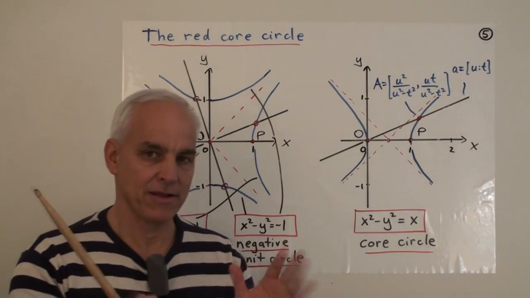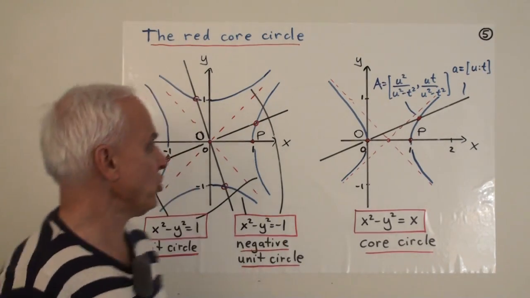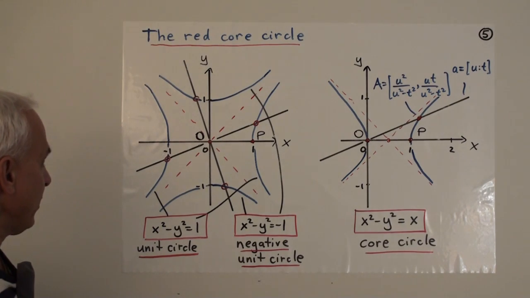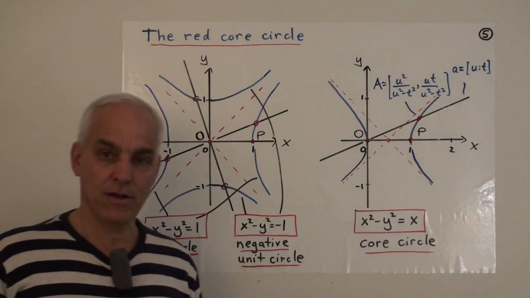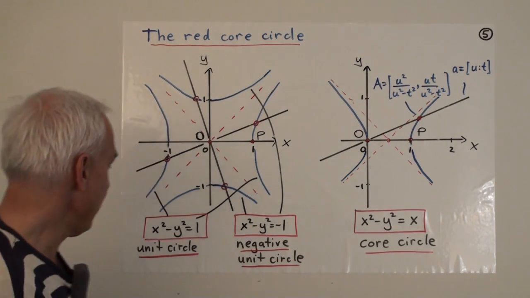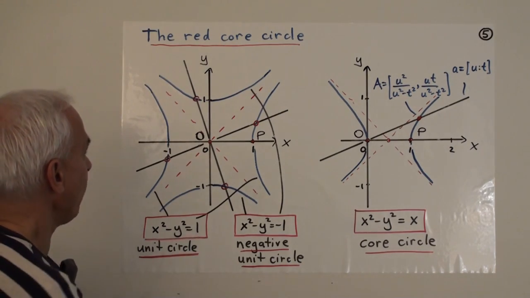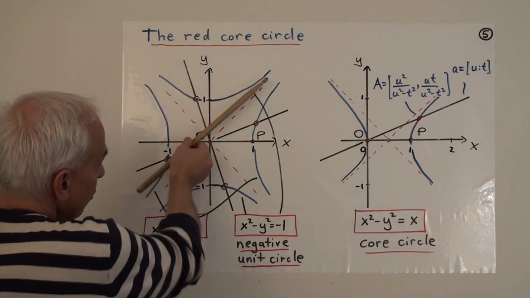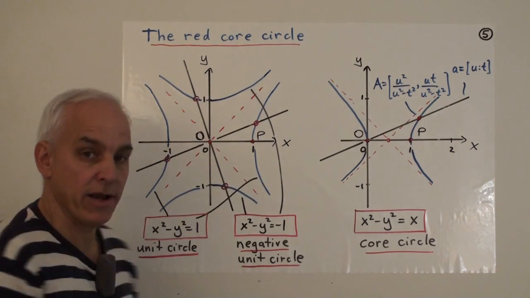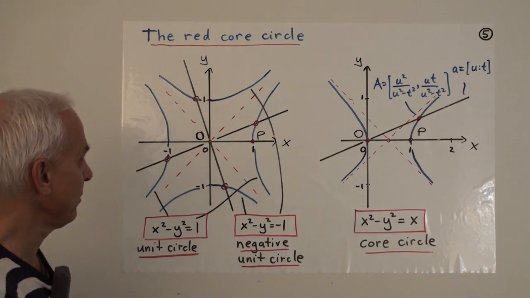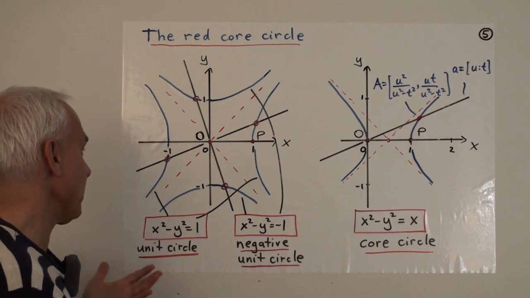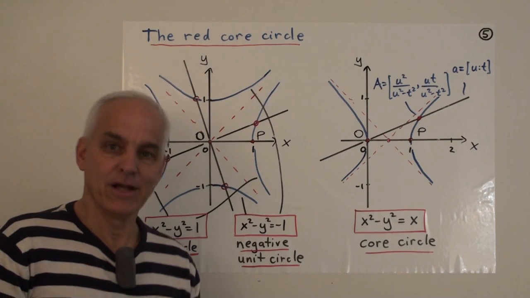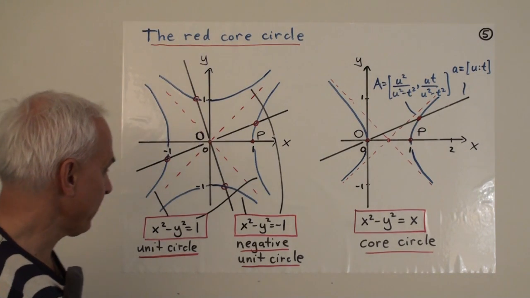Okay, so let's have a look at the basic setup in the red relativistic geometry. Here is our usual xy plane, and the unit circle in the red setting is x squared minus y squared equals 1. And here it is right here. It's a hyperbola with asymptotes, the lines of slope 1 and minus 1 through the origin. And a very nice object that plays the same role as the x squared plus y squared equals 1 circle in the Euclidean geometry.